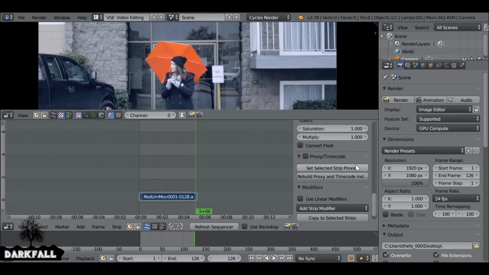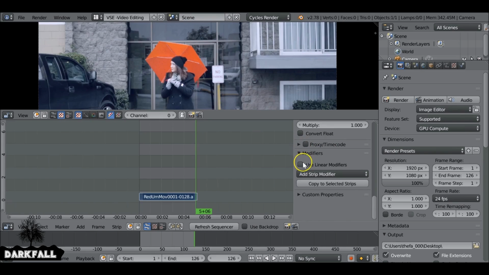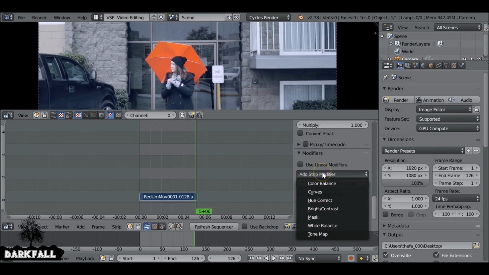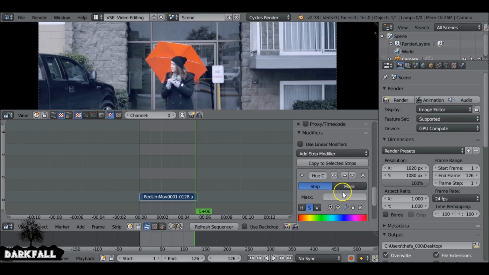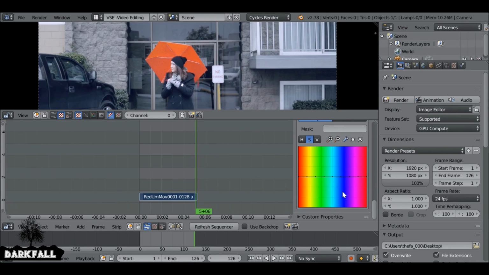So we're going to scroll down and go to modifiers. We just want to add a hue correct. And we can stay in the saturation channel like it is at default, we don't need to change that. Look around and we see there's not many different colours on here, so it won't show up as much, but we just want to drag all these other colours away. We want to keep the red where it is, but drag all the other points down to the bottom